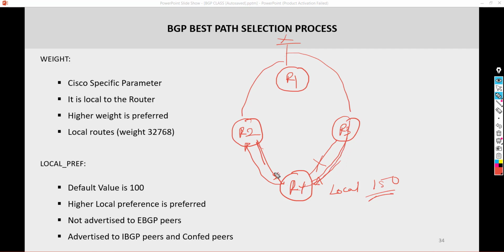But as it is, if I set the weight to maybe 32768 and I set my local preference to maybe 150, looking at the BGP best path selection process and which one is more preferred, you are going to see that for Cisco devices, it's going to prefer the weight because weight is higher in the hierarchy. So higher weights are always going to be preferred. So even if the local preference here is higher, the weight value is going to be preferred. So we are going to see that for you to